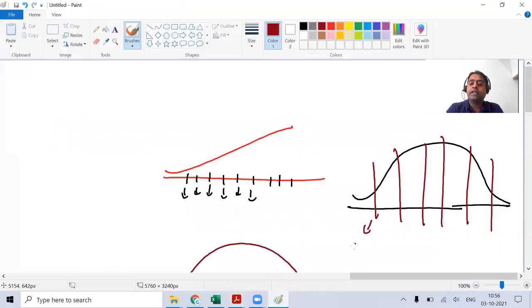This is the 10th percentile point. This is the 20th percentile point. This is the 30th percentile. So it will keep on going till we reach the 100. It's nothing great. What they're simply doing is they have taken the entire distribution, divided it into gaps of 10 percentage, and taken the quantile values. This quantile value or this standard deviation represents the lowest 10%. This standard deviation represents the lowest 20%.